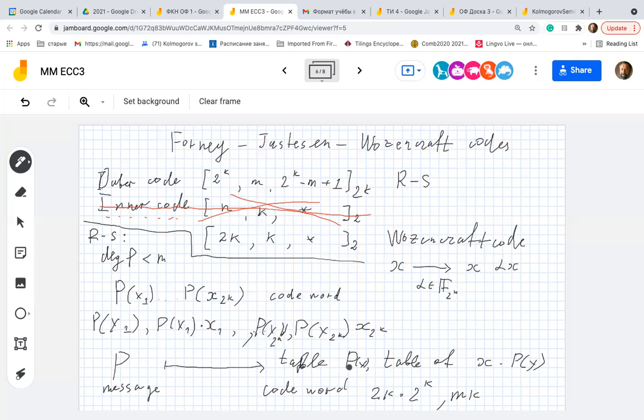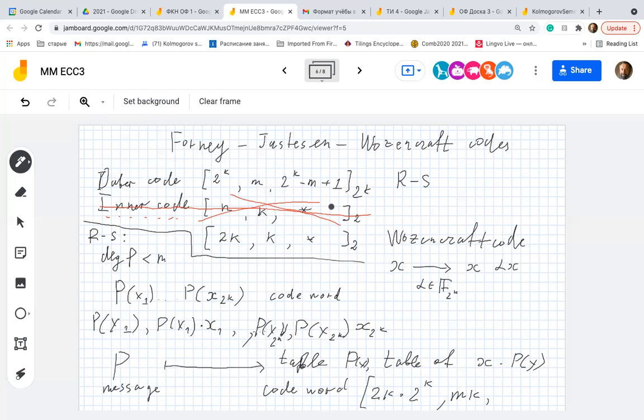Each table has size k times 2 to the k. Because the number of values of the polynomial is 2 to the k, we evaluate it in all 2 to the k points, and each such value is encoded by k bits, and 2 is because we have two tables. So as a result, we obtain block length 2 to the k times 2k, and dimension m times k, and their